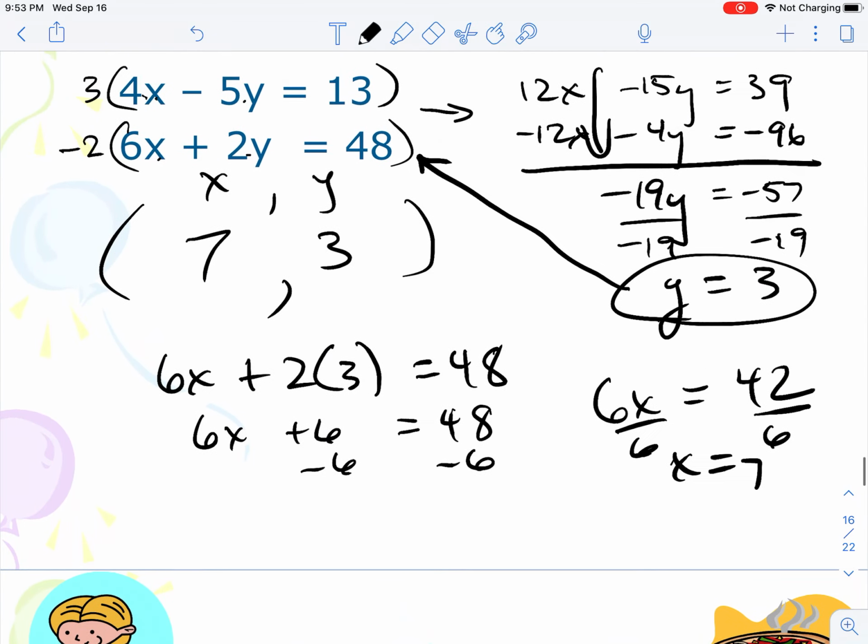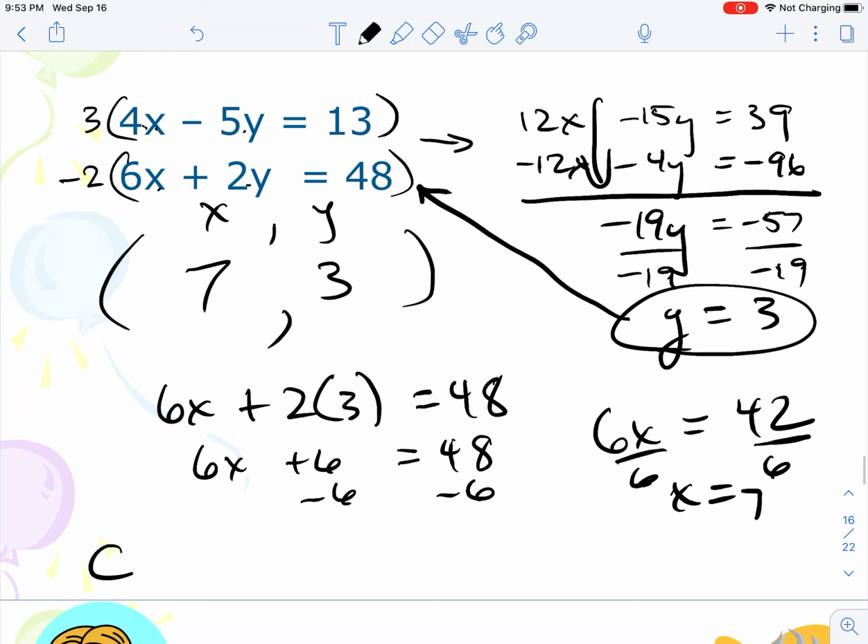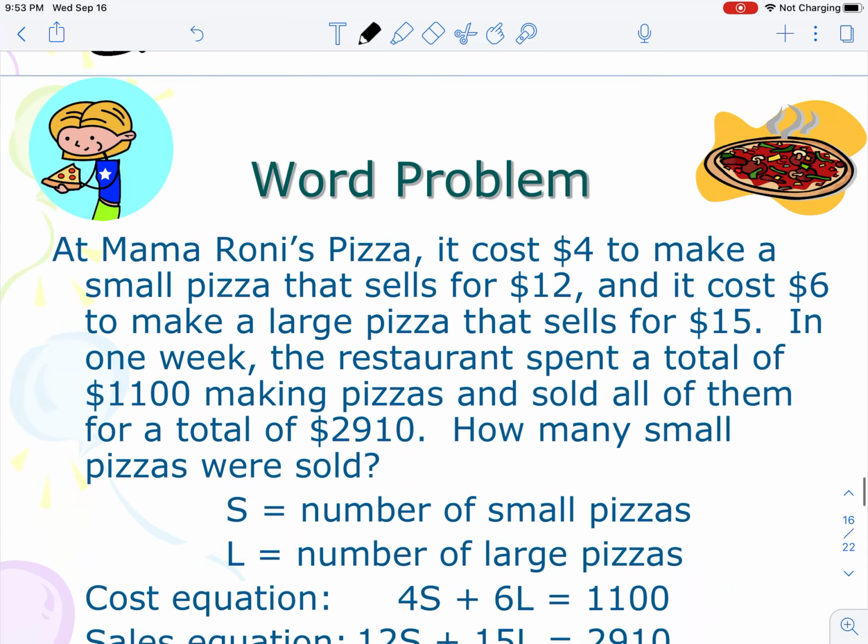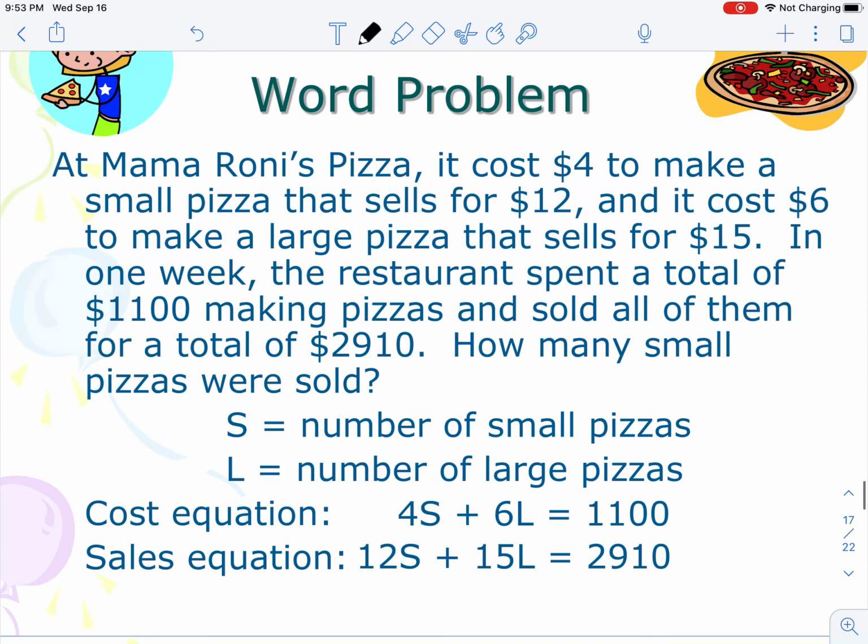What you should find out is when you check it, indeed it does work. We should always do the check. And that'll be a part of your summatives is checking it. Make sure you do that. Last problem that we want to work at